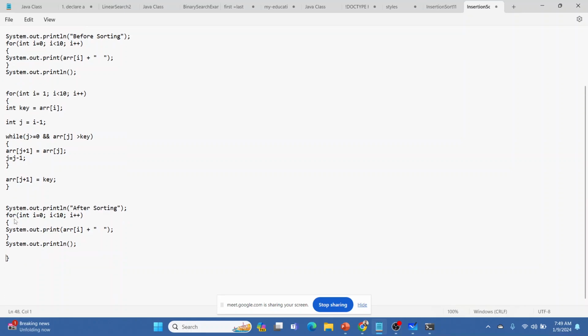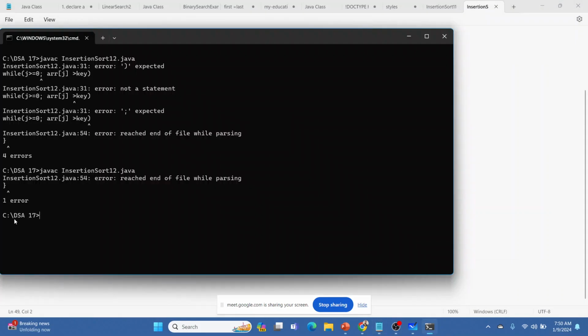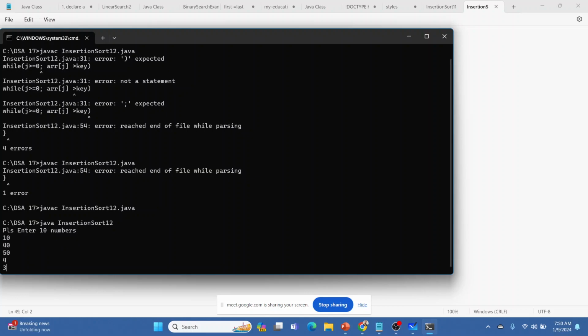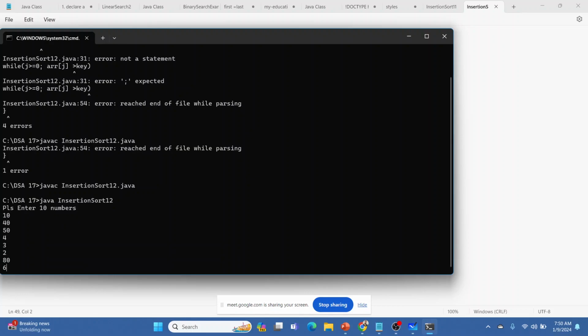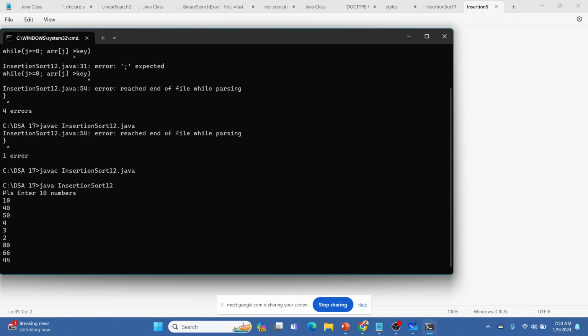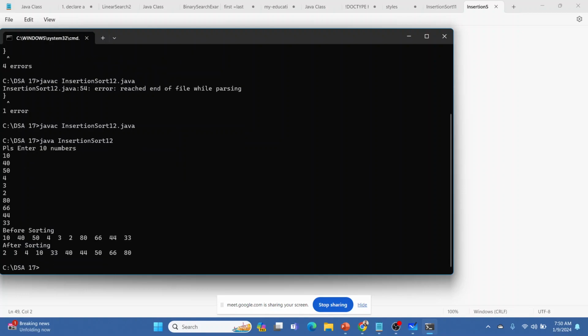Okay, so public static void main is closed. Then we need to close the class file also. Now it is compiled. Let's run it. So enter 10, 40, 50, 4, 3, 2, 80, 66, 44, 33. So after sorting: 2, 3, 4, 10,